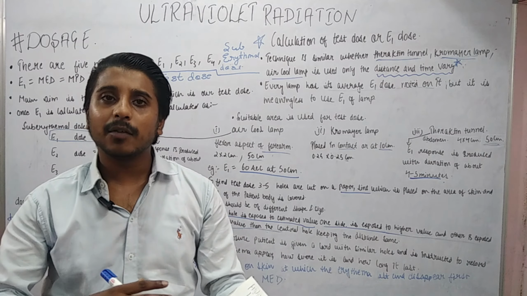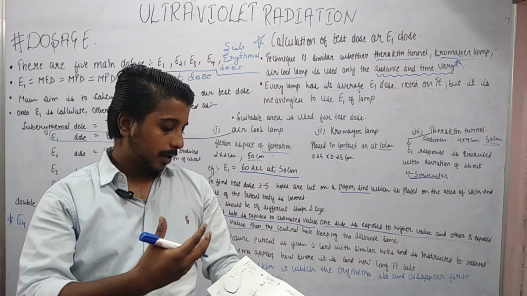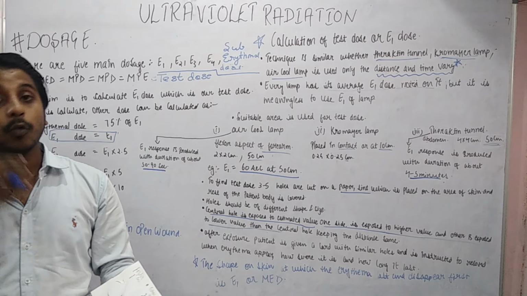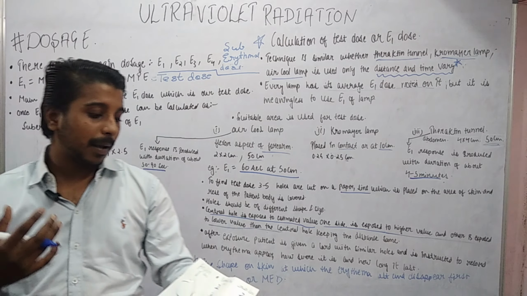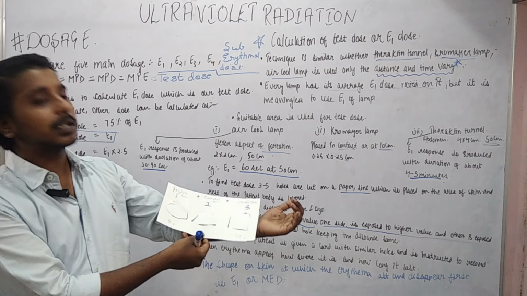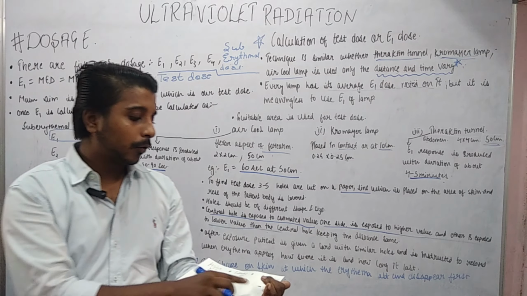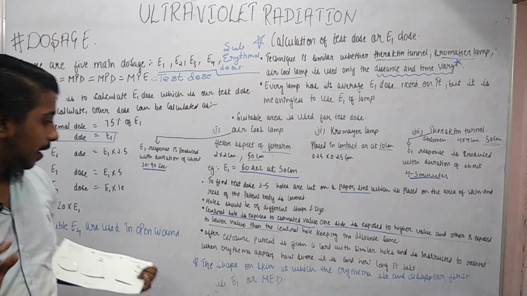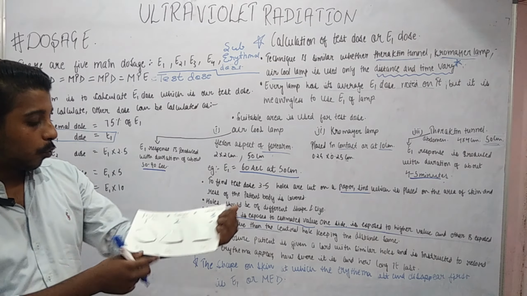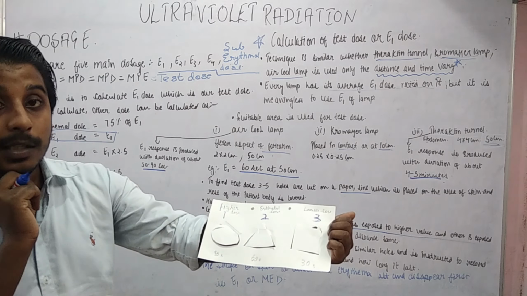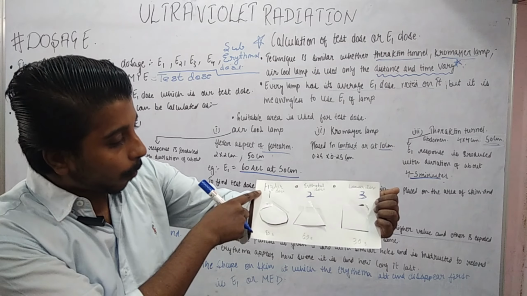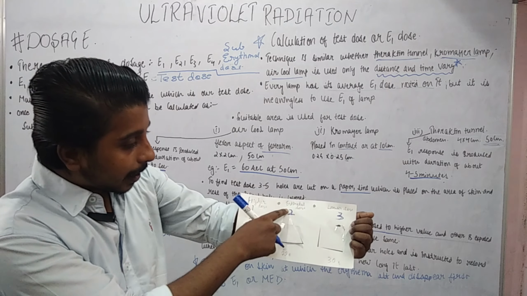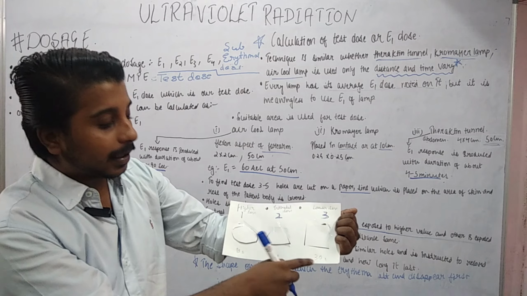Okay, the shapes are different to find out which particular dose was effective, because the patient can remember that the square was on the distal part of my forearm. So that we can differentiate. Now what is our goal? Our goal is to expose this part for 90 seconds, this part for 60 seconds, and this part for 30 seconds.